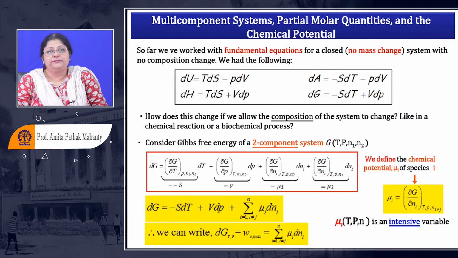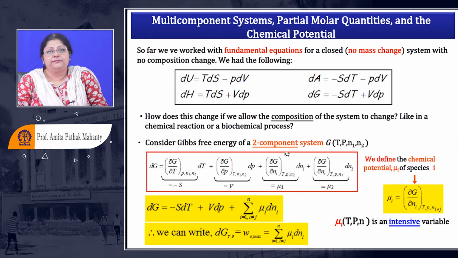right? So we are monitoring how the total G is changing when G was dependent on two parameters, pressure and temperature. So first you are differentiating with respect to the temperature, keeping all other things constant. And in a closed system, we were not bothered about the number of moles exchanged between the system and surrounding. So we always ignored that and kept the number of moles constant. But here, when we are having an open system, we not only keep the pressure constant, but we keep the moles of all the components present also constant.